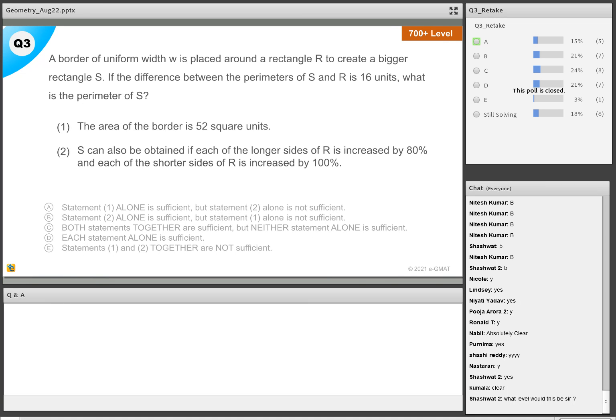So fairly evened out, I can see. 24% to choice C, 21% each to B and D, 15% to choice A, and 3% to choice E. All right, let's now